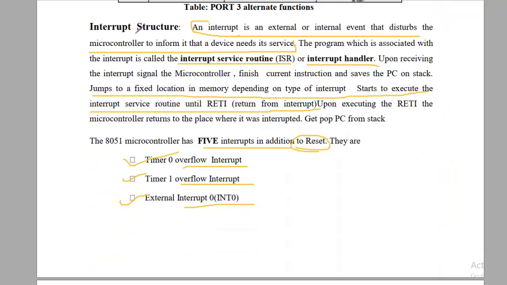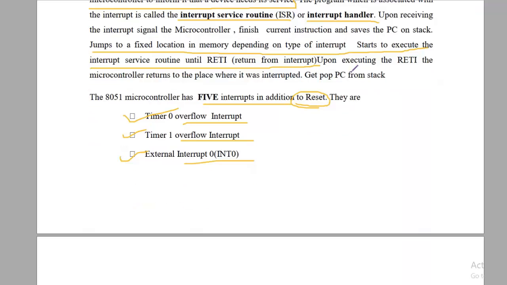Now let's talk about the interrupt structure. An interrupt is an internal or external event that disturbs the microcontroller to inform it that a device needs its service. Basically, whenever some disturbance occurs, it will use the interrupt structure. The program associated with the interrupt is known as the interrupt service routine, or the interrupt handler.